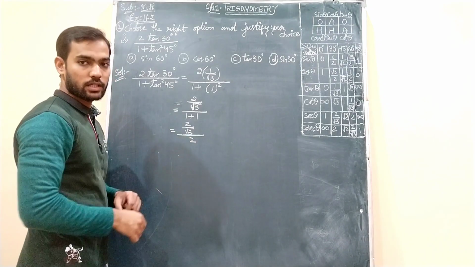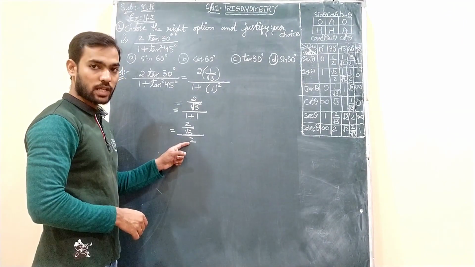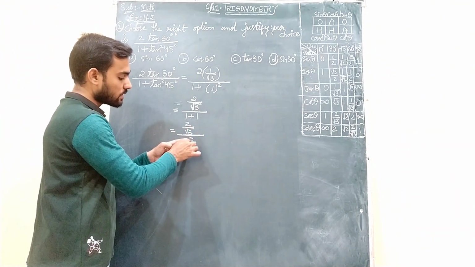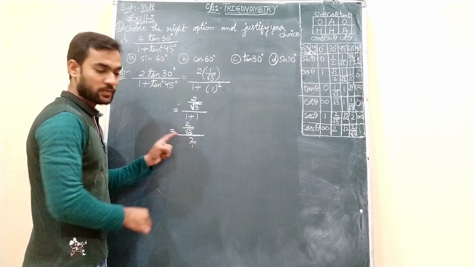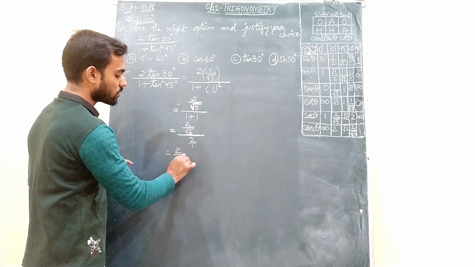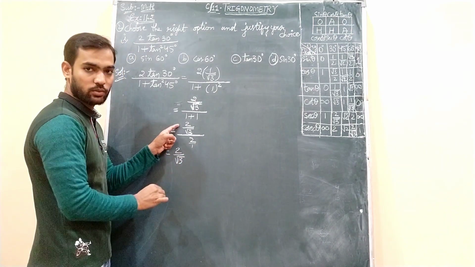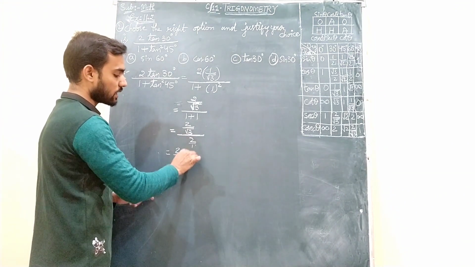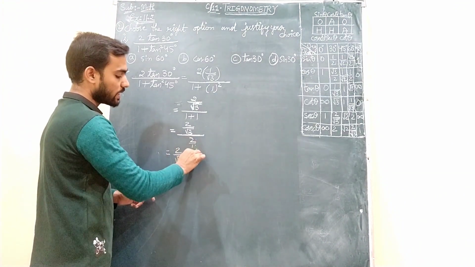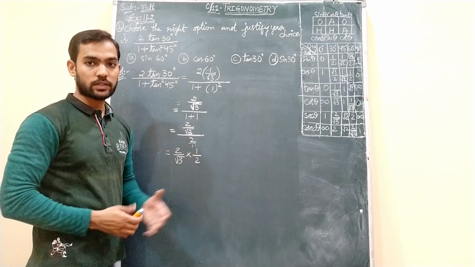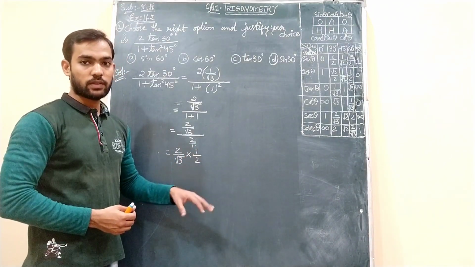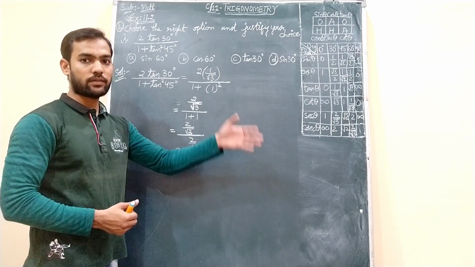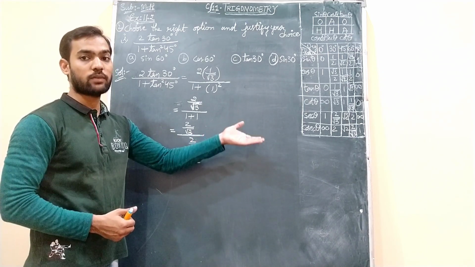Just now we have seen, whenever we have these type of things, we will take this into multiplication. This is not 2, actually this is 2 by 1. So when I take this into multiplication, this 2 by root 3 remains as it is. First numerator fraction remains as it is. When I am taking this 2 into this multiplication, this is actually 2 by 1, which will become 1 by 2. Just now in question number 1, second bit we have seen, we were having some root 3 by 4 by root 3 like that. So when we have taken into multiplication, that root 3 by 4 became 4 by root 3.